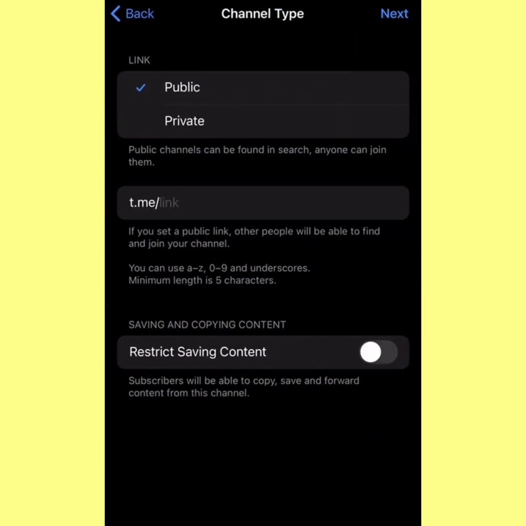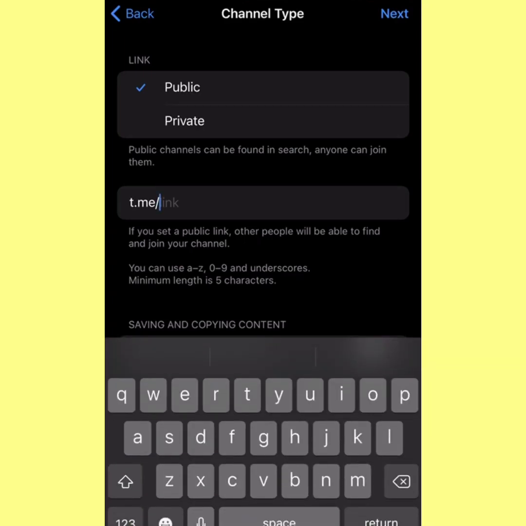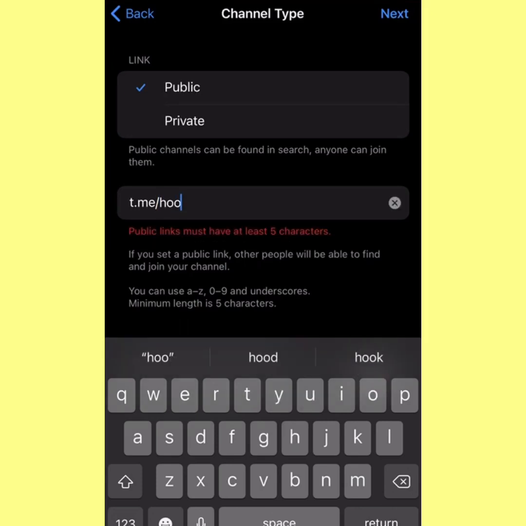This way you specify the channel visibility, if you want it to be public or private. Like, you can select public. Let's leave it on public. Then under public channel, you can select the public link, like the link you want people to access while trying to join your channel. Let's just say food trends